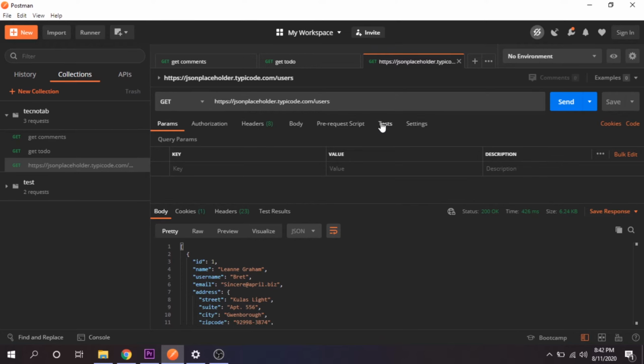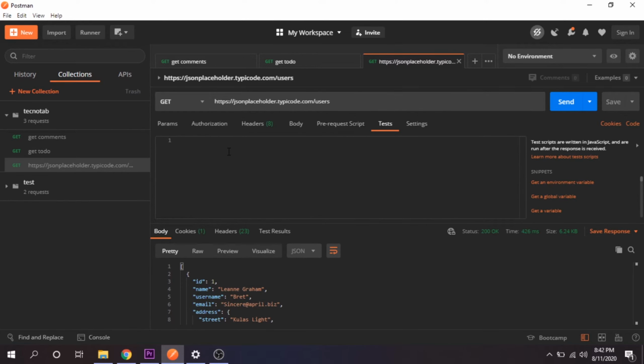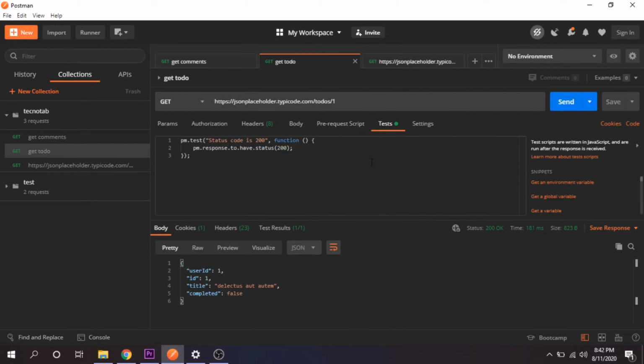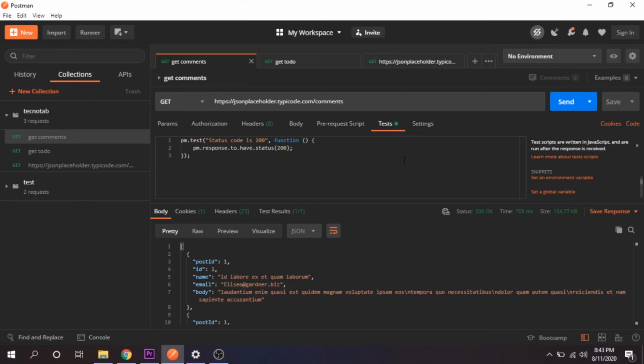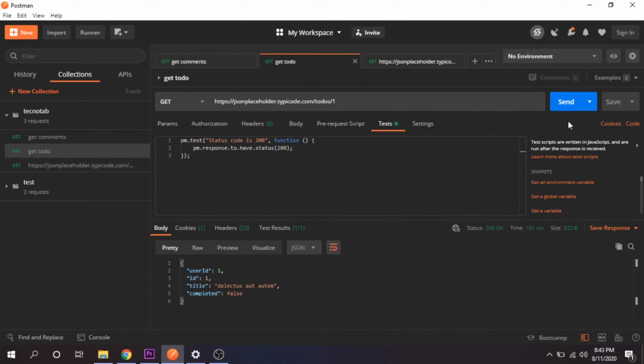You have to go to tests. These are predefined scripts. You don't have to write anything manually. You will see some snippets here. You have to go down and select this status code is 200. When you click it, you will get the automatic code snippet. You have to just click on the save button once. You have to do for all the requests, and for this one as well you have to do. I have already done it. So save all the 3 requests, and after saving it, you have to run all these requests at once.